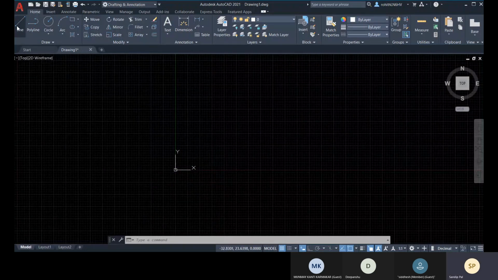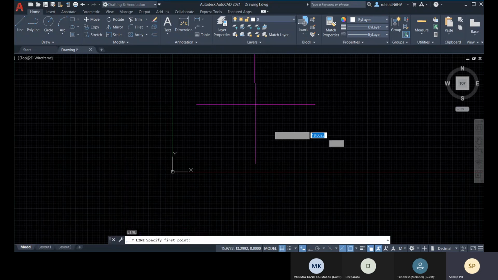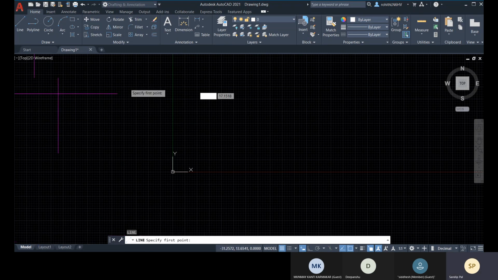So I was talking about line. Here we will create a line segment. For creating a line segment, we will place 2 points. This is the icon for line. You can activate it with the help of a command. The command is L, enter. You can type L and enter to activate the line command. You type it in the command line window, and any command you can activate through the command line window.